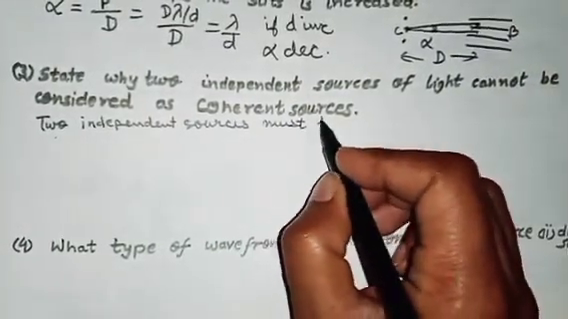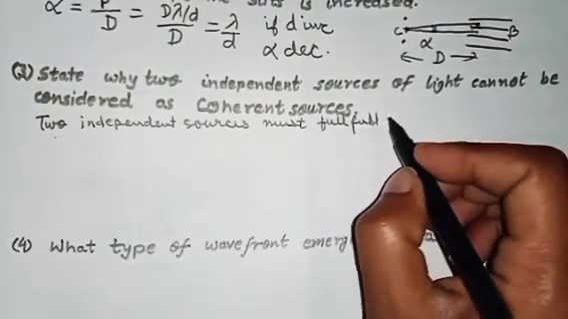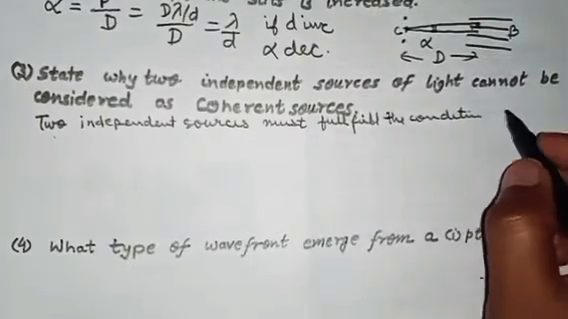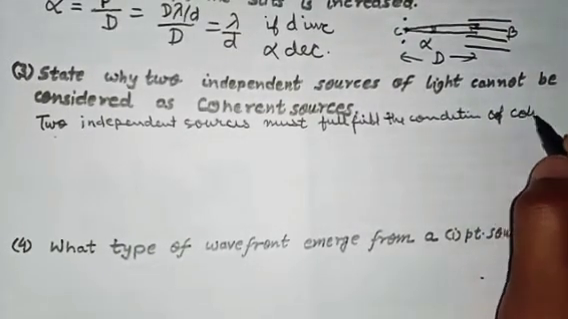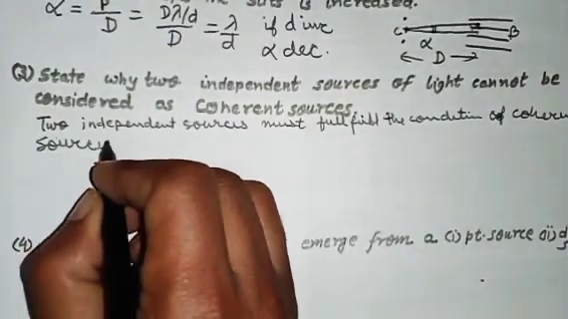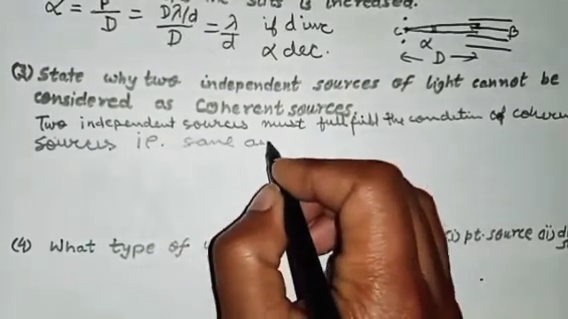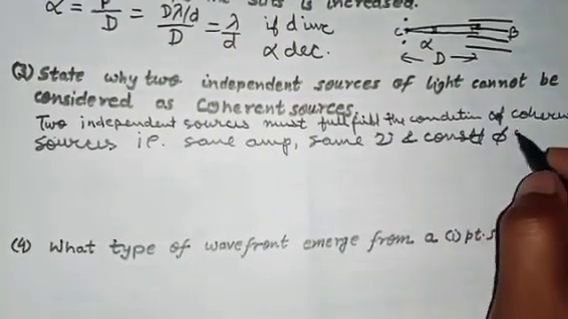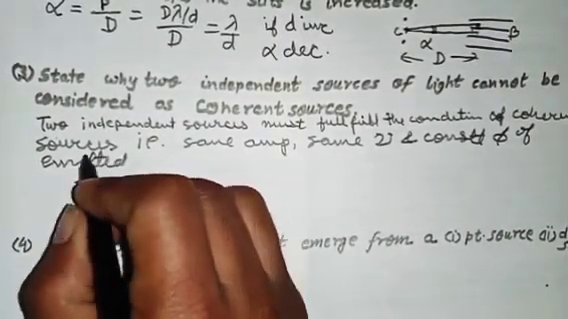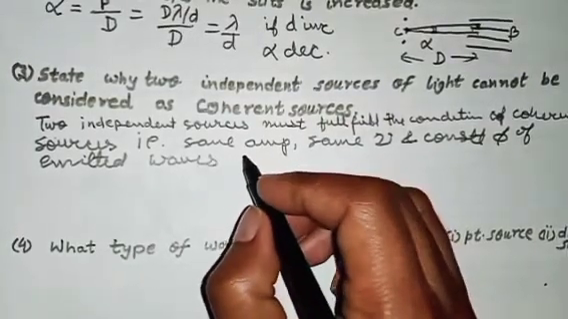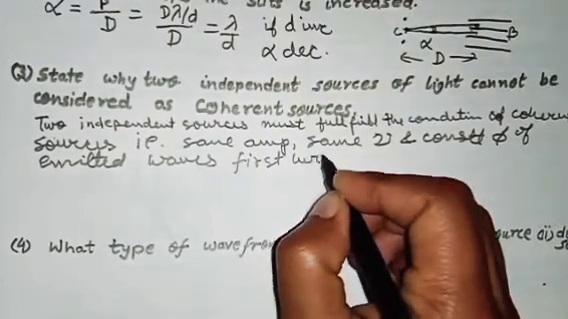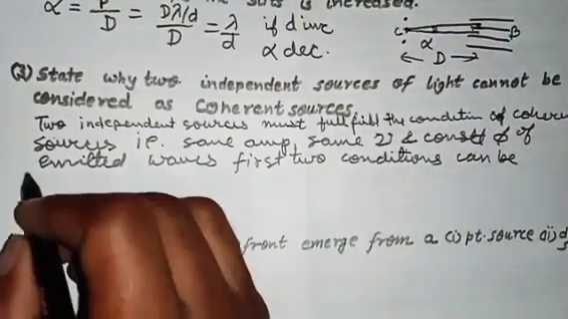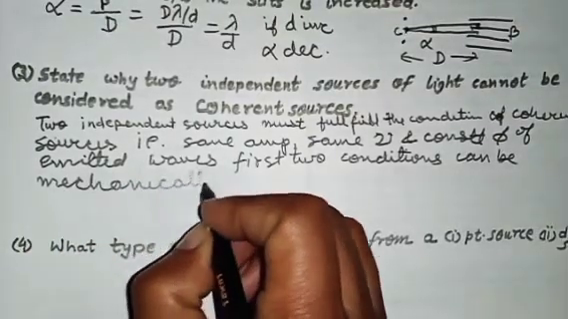must fulfill the condition of coherent sources, that is same amplitude, same frequency, and constant phase difference of emitted waves. The first two conditions can be mechanically fulfilled,